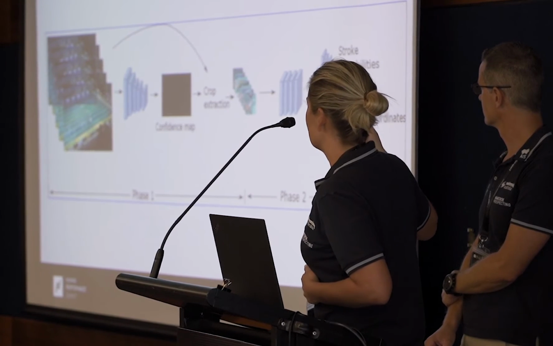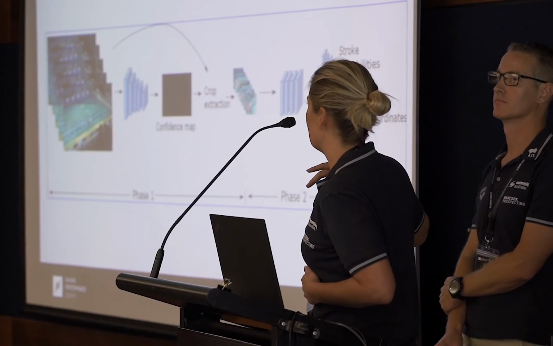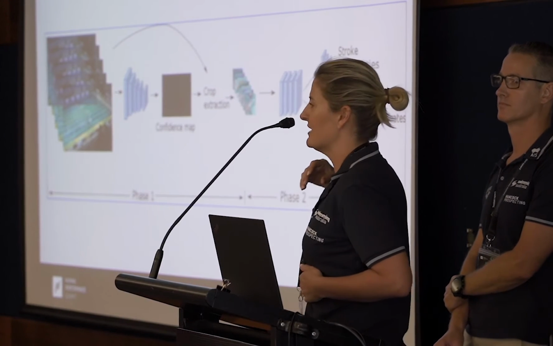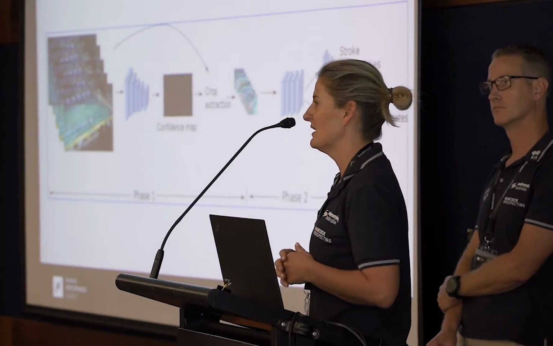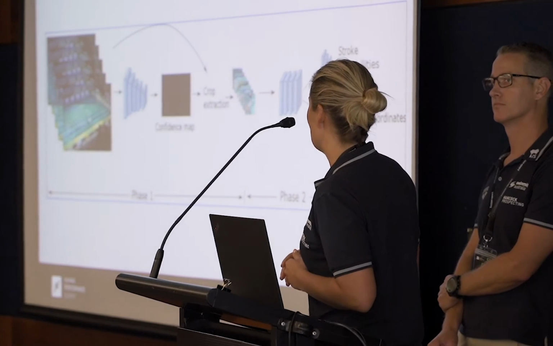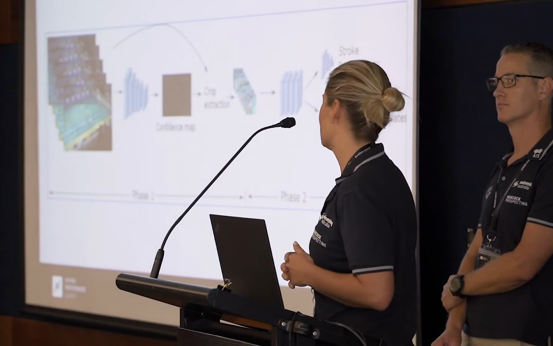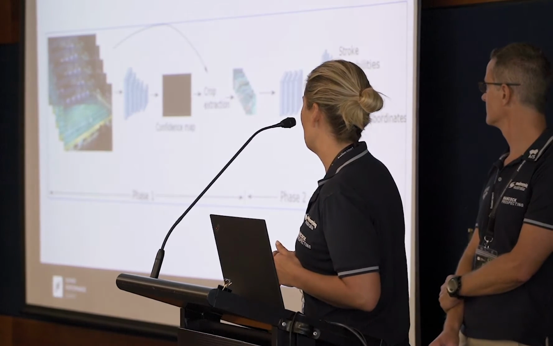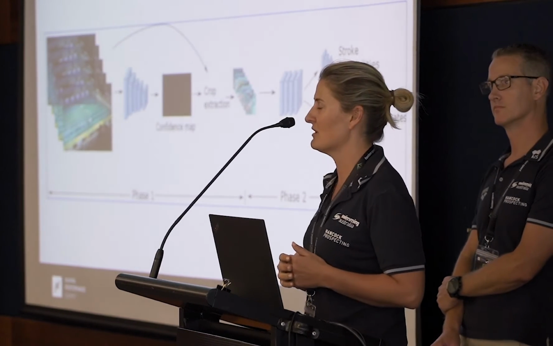So one thing to note with our first phase of the machine learning is that it actually doesn't know what stroke it's swimming, because at the moment it can only identify the head and then it looks for strokes around the swimmer. We hope that it will get to the phase where it can identify strokes,